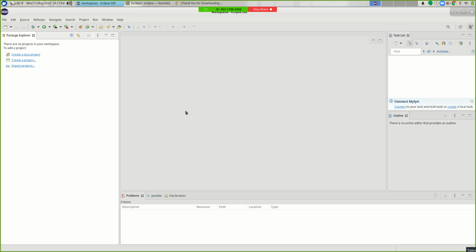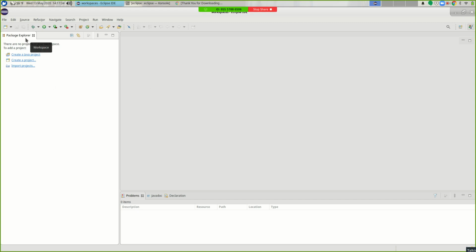And this is basically the layout that you're going to have when you're working. Now, some of these things over here, like outline and task list, I'm going to close those out. I'm going to keep this area down here. This will show me problems. When I start making output from my program, I'll have a tab that says console. When I want to supply input, I can type it down here and so on. This is going to be where most of the things that I'm editing will sit. And this is Package Explorer. This is letting me look at the different things I have in my workspace.